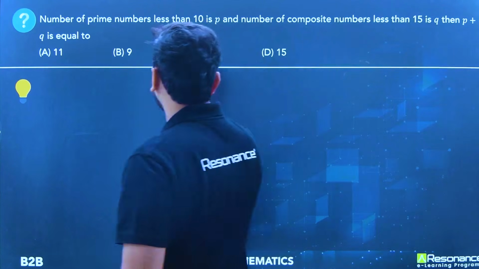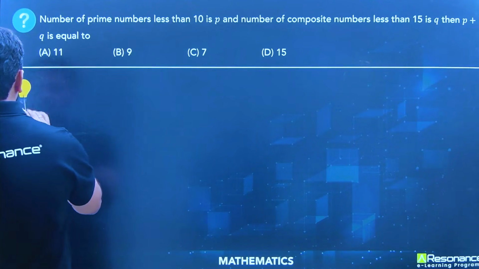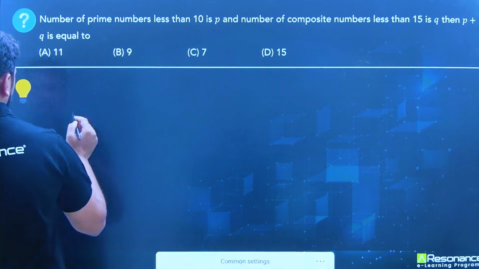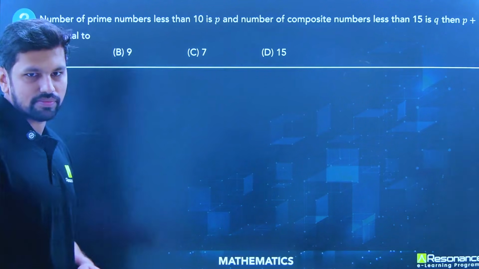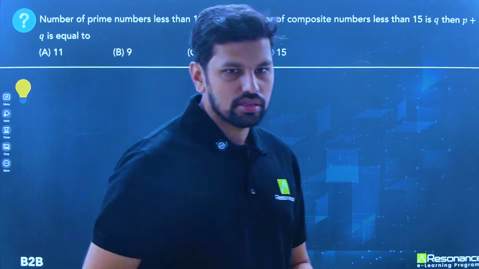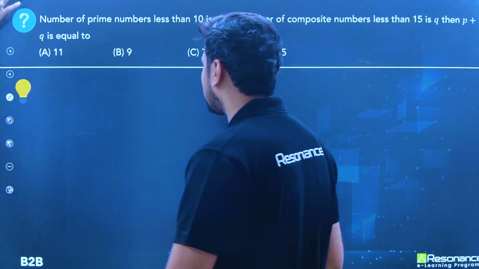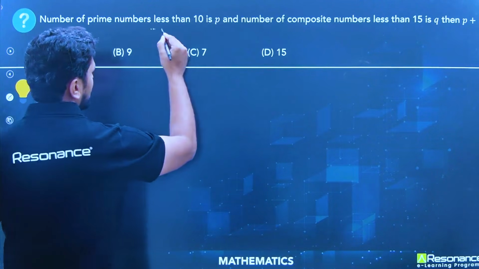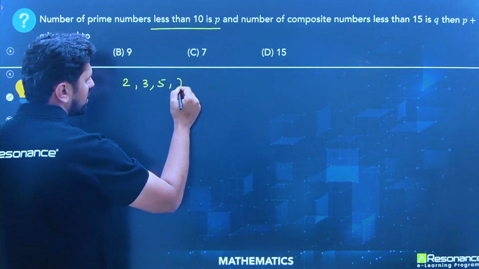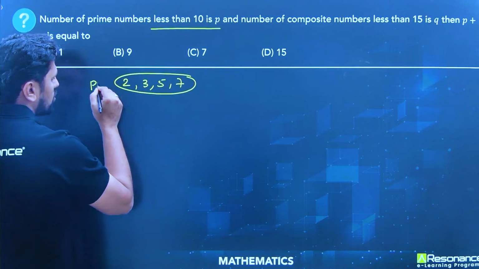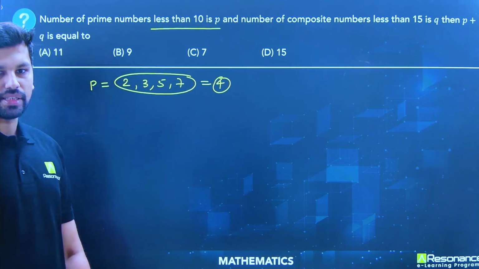Number of prime numbers less than 10 is P. What are the prime numbers less than 10? 2, 3, 5 and 7. So P is equal to how much? P equals 4. And number of composite numbers less than 15 is,